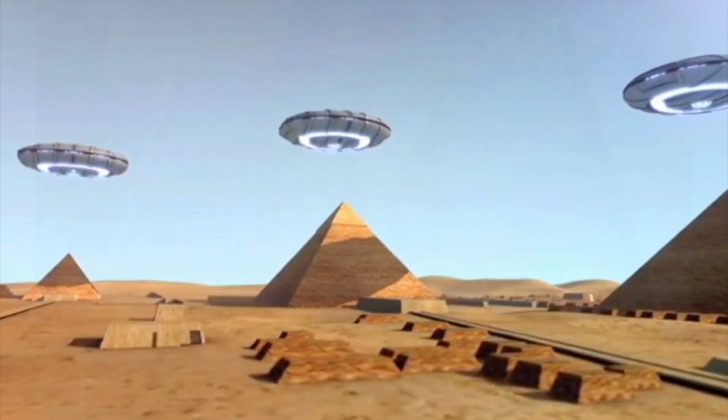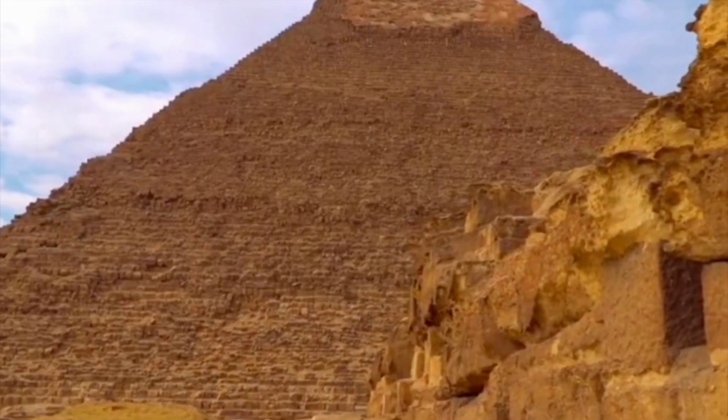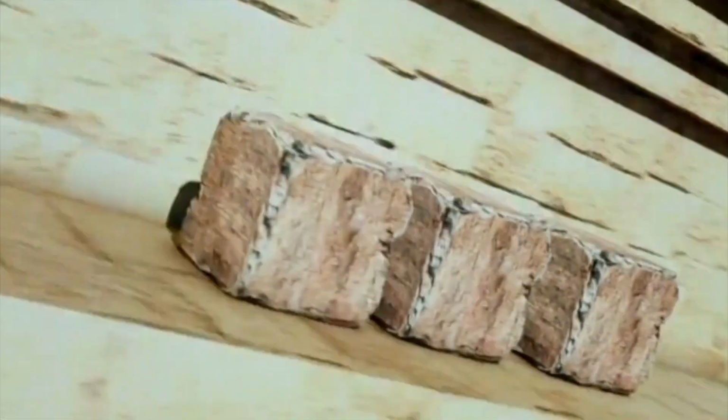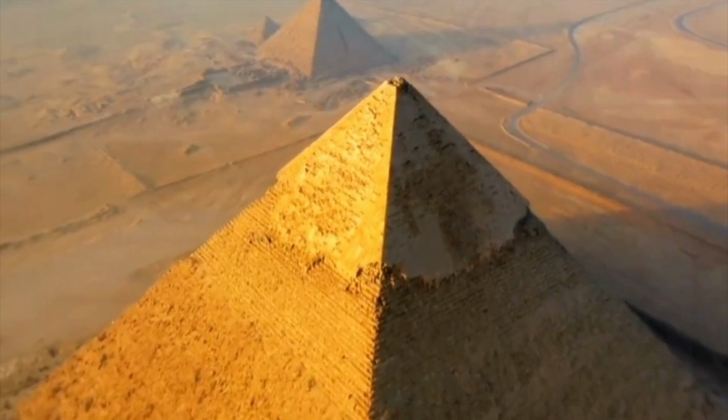Why some people say that the pyramids were built by aliens. Now let's uncover the mystery of the construction of the pyramids. We will explain the materials used, the transportation methods, and the building techniques to show you how the pyramids were actually built. In the end, we will also talk about something in Egypt that was even more difficult to build